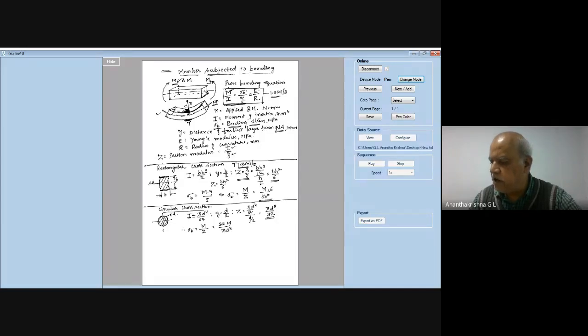So straight away, if I had to find out bending stress in a solid circular cross section, I can use this equation directly and find out bending stress. I need not find out I separately, y separately, and then come to the M into y by I equation as we have taken over there. I can straight away use this equation 32 M by pi d cube to find out bending stress in solid circular cross section.